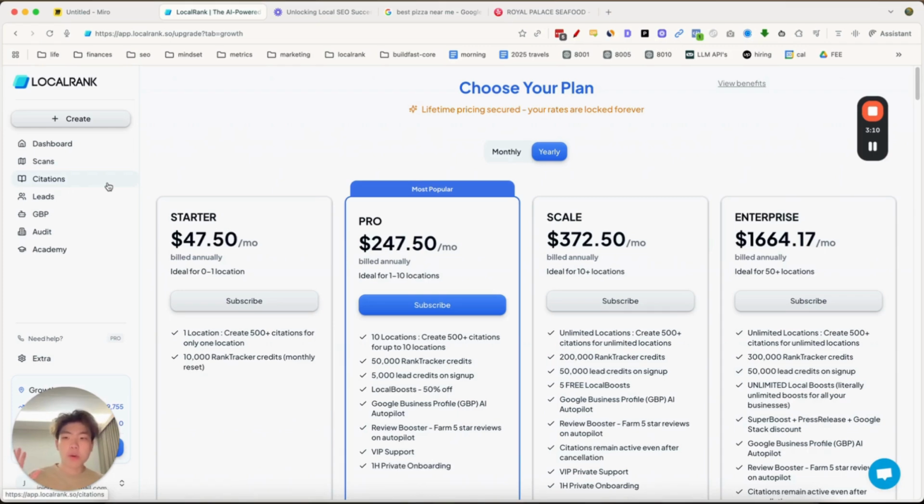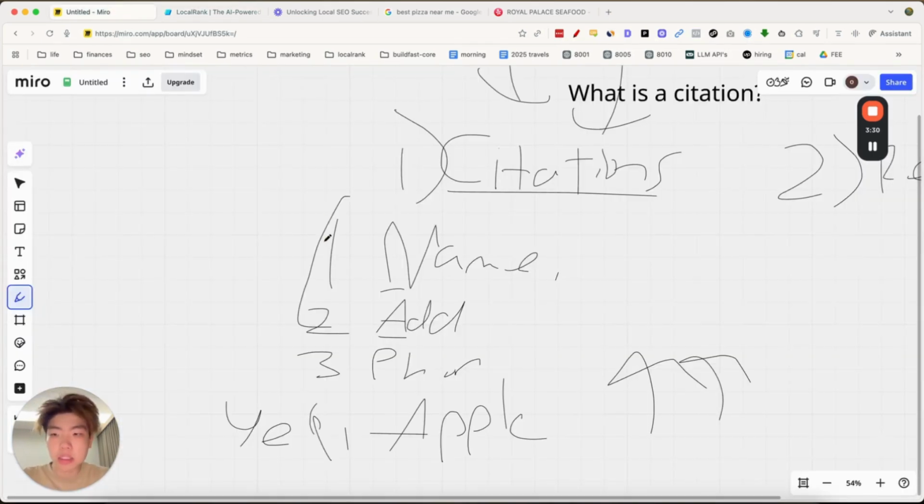That's the first core thing. The other thing is that we will create citations on a monthly basis. If you're on any of the pro plans, we will create more citations every month that give Google a positive signal for the clients you're trying to rank. In local SEO, this is known as citation velocity: you want to gradually add more citations for that business so that Google knows it's a legit business. So citations are important in local SEO, and they are one of the core things you need when you are trying to rank any business on Google.